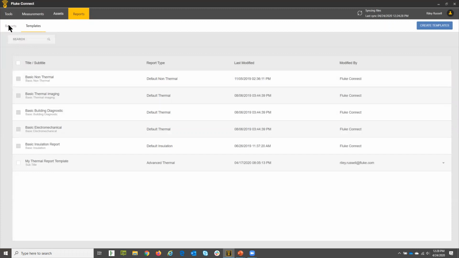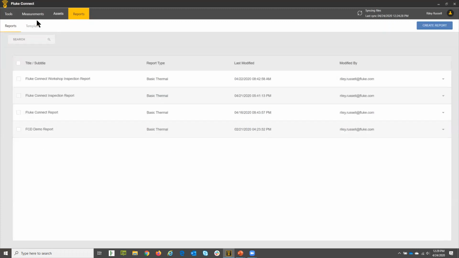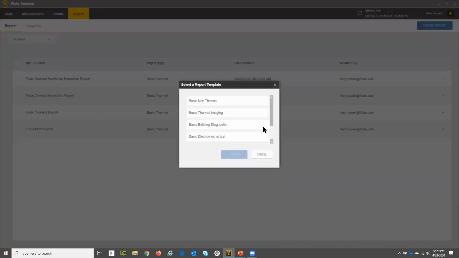So let's go ahead and go back to the reports subtab. So I've selected reports, report subtab, and create report. And just as I did in the presentation, I want to create a basic thermal imaging report. So I'm going to select that template. Again, if I wanted to, I could select my own template that I created, but for our purpose, we're going to select the system generated thermal imaging template. We click continue,